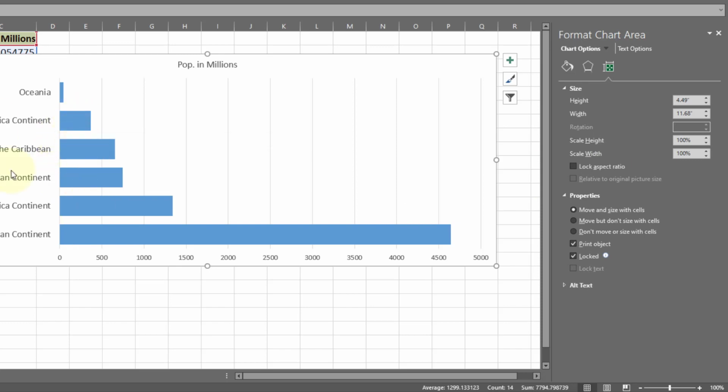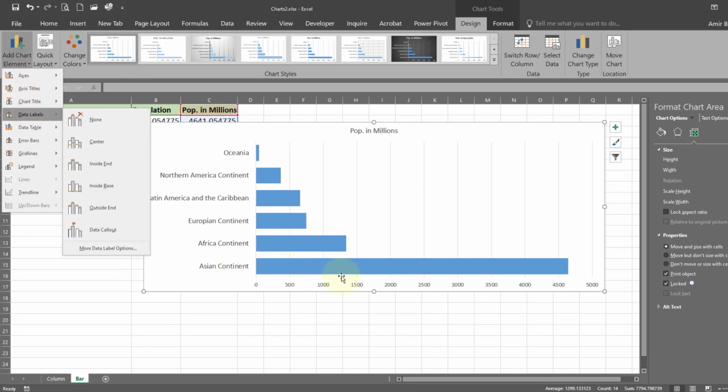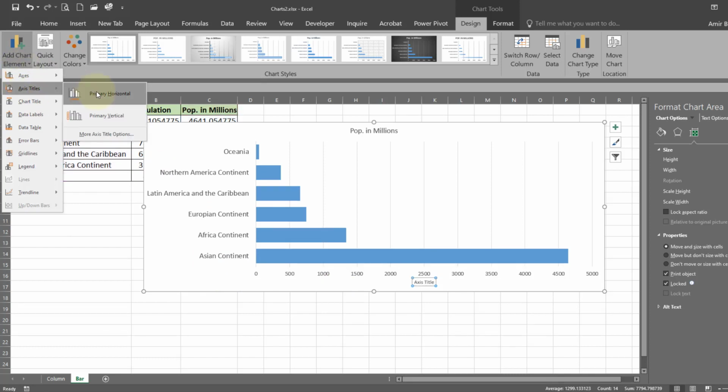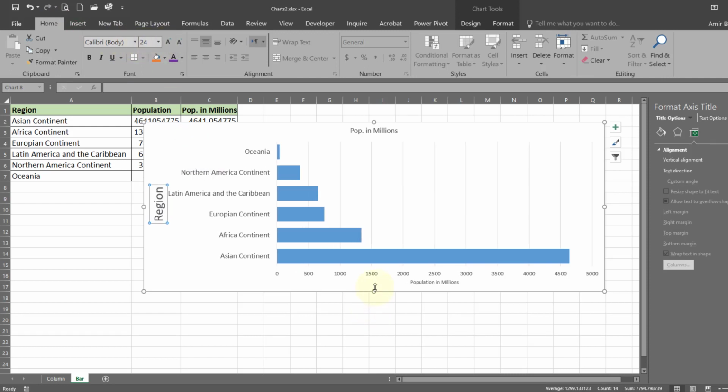We can display the exact values for these also. Okay, before displaying the values, we should display the axis titles also. We can increase the size of these.